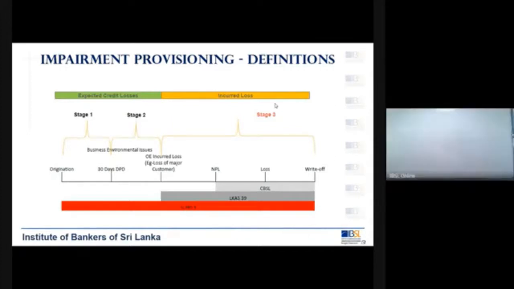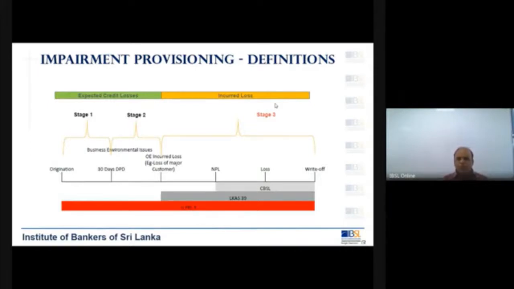Right, let's start. So now what is happening here is, if you look at a loan given to a customer, the loan has a life in the bank. Let's look at it from the point of view of a bank. So if you look at a loan, it has a life. This life is known as the maturity period of the loan.